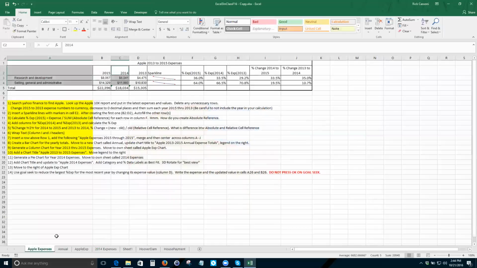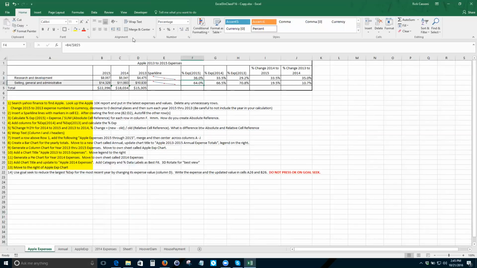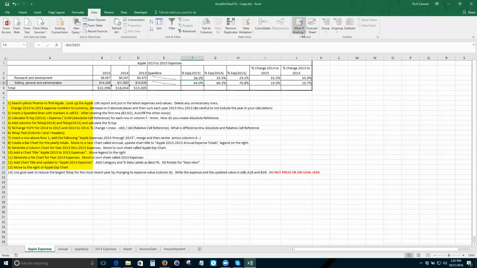Okay, so I believe that's it, oh, and then the next thing we want to do is goal seek. Okay, so what we want to do is use goal seek to reduce the largest value for the most recent year by changing its expense value in column D. Actually, this should be column B since we have 2015 over here. So in this case, if we look at the percent expense for 2015, the largest value is going to be selling, general, and administrative. So what we can do is click on the cell we want to change, F4, go into data, what if analysis,